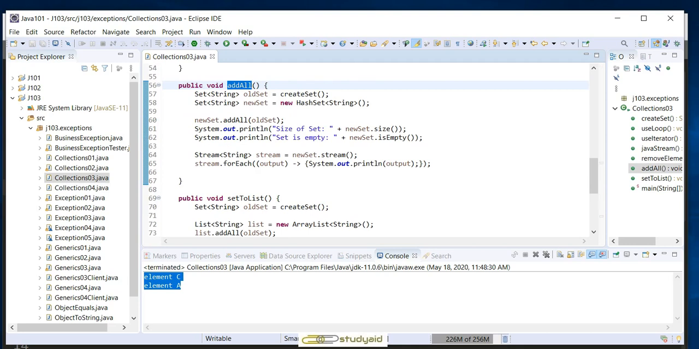You can see that I have got the old set, and I have created a new empty set, and I am just adding, what? I'm just adding new set dot addAll from the old set. That means the new set was empty, and then I'm just adding the old set values to the new set. Okay, and I'm going to print the new set